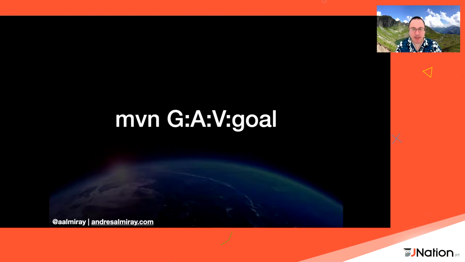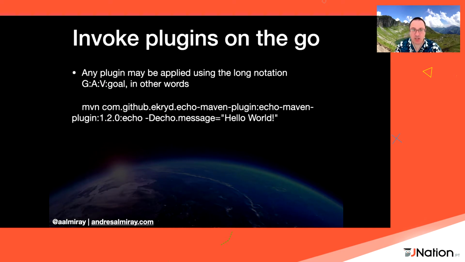So the next thing, and this is something that I really like about Maven that is missing in Gradle, is that you can invoke any plugin just by passing the GAV coordinates, the goal, and any additional arguments that may be needed. You don't have to define the plugin in your POM file. You don't have to define it anywhere in your POM hierarchy. As long as you have access to the GAV coordinates, as a matter of fact, sometimes the version could be omitted and it will always be the latest release for that particular plugin, and define the goal. So this is what we have.